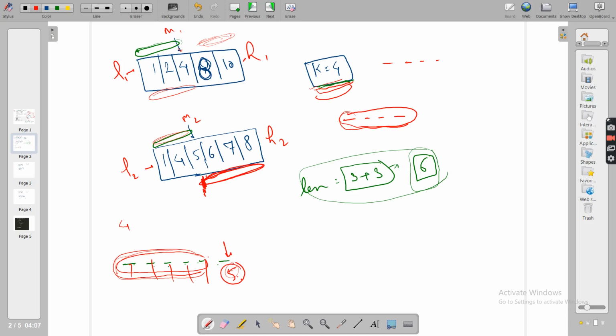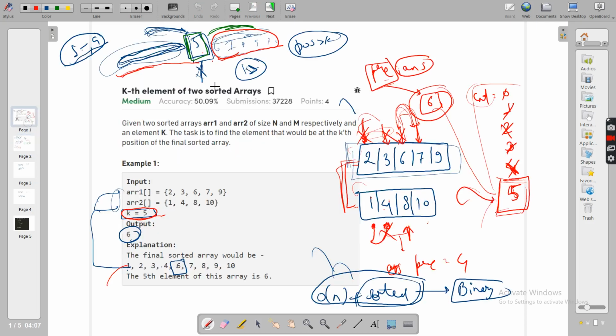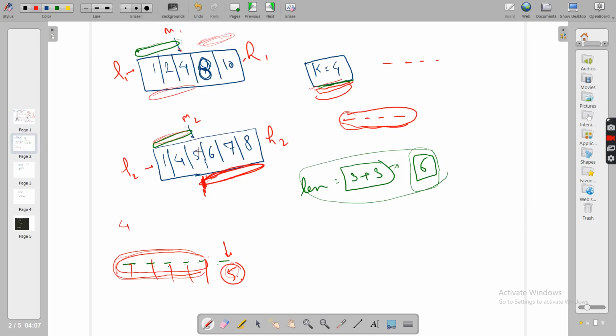And if this can never come, as in the brute force we never searched for more than k elements, only till the kth position, we will also not consider this. So this becomes our unfavorable zone. So if this is our unfavorable zone, put this h2 here. Okay, I hope you are getting this. Why do we reduce this h? Because from this element onwards, they'll never come to the first 4 positions, the first k positions.